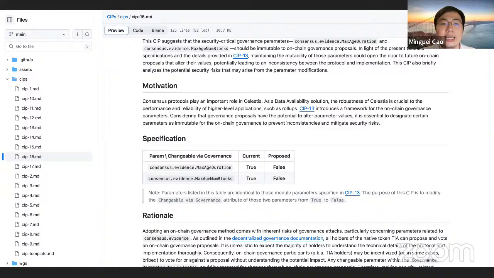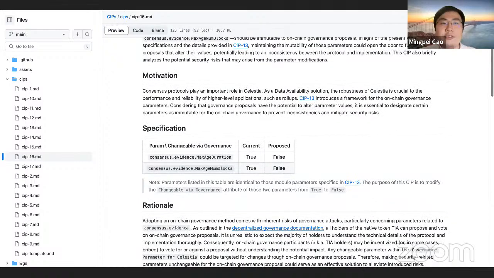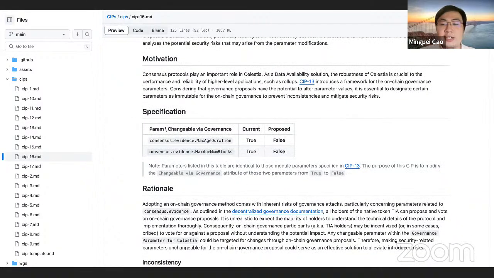Assume we allow these parameters under on-chain governance; there could be an adversarial on-chain governance proposal changing these parameters, for example changing the max duration of the evidence to a very, very small value. Then the slashing mechanism for the validator is not effective, which means the validator will not be punished for double signing behaviors.